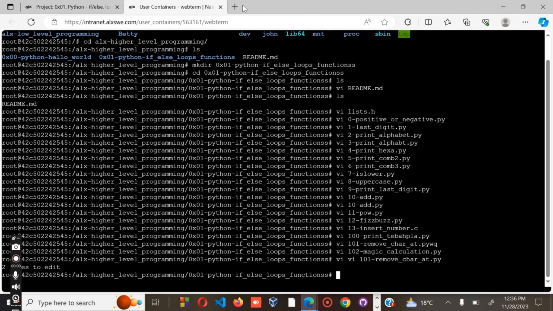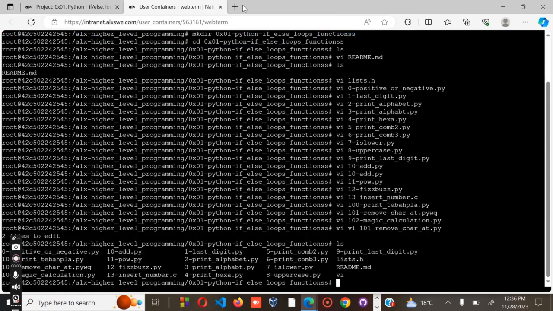So we are through with all the parts. So the next part is to list the files that we have. As you can see, all the files are right, so we are supposed now to use the chmod